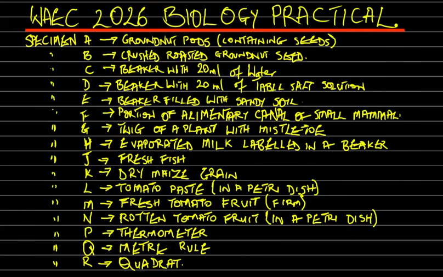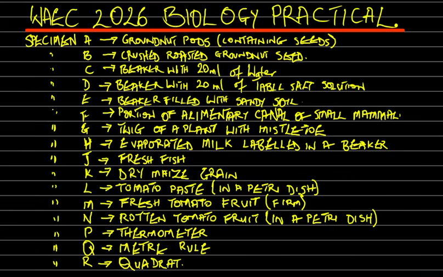Specimen L is tomato paste in petri dish. Our specimen M is fresh tomato fruit. Our specimen N is rotten tomato fruit, which will also be put in petri dish. We don't have specimen O also, and then we have our specimen P to be thermometer. Specimen Q is meter rule, and specimen R is the quadrat. So those are the list of specimens that we have for this